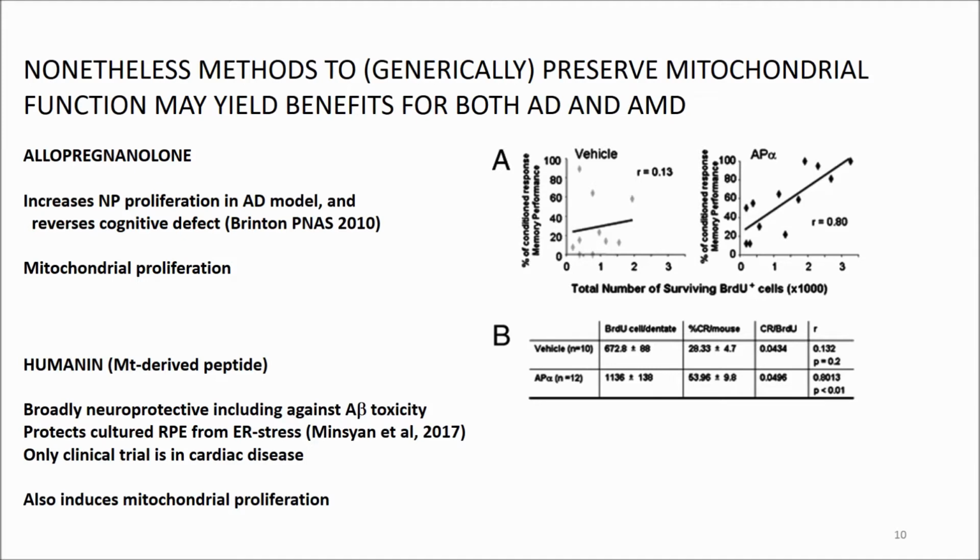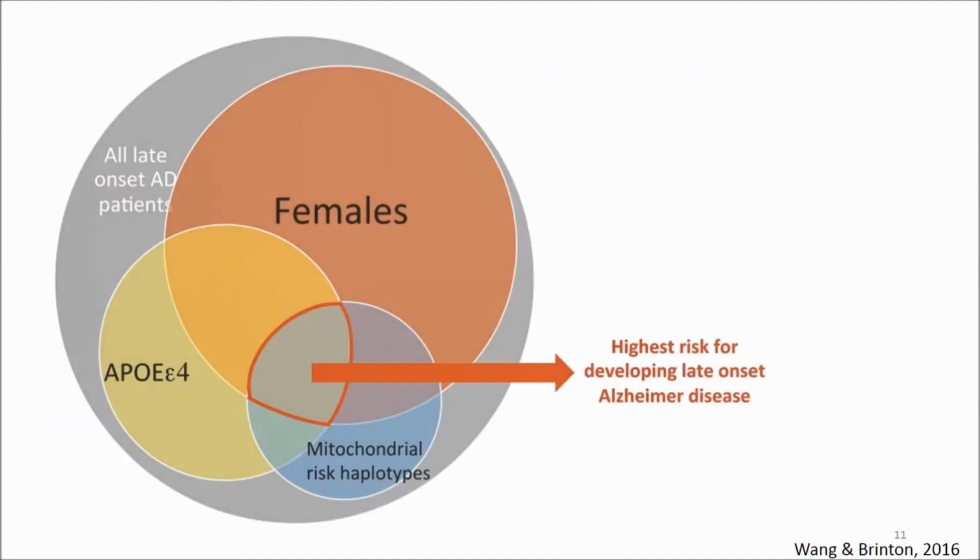Humanin is a mitochondrial-derived peptide, which has been shown in various preclinical models to be broadly neuroprotective, including against direct A beta toxicity. And there's also work suggesting that humanin is protective of ER stress in cultured RPE. The only clinical trial I could find in clinicaltrials.gov, however, has to do with cardiac disease. Humanin is also a mitochondrial proliferation inducer. So this overlap